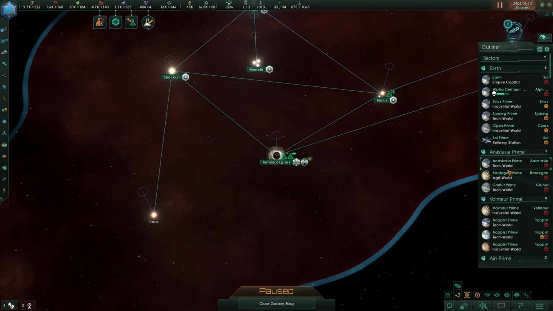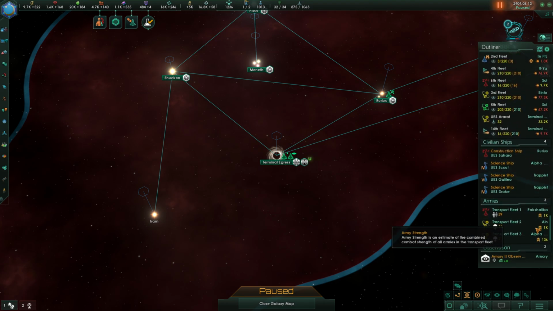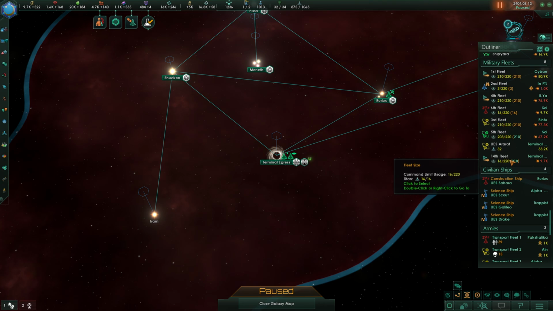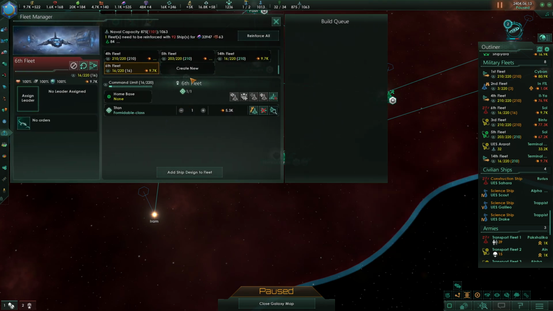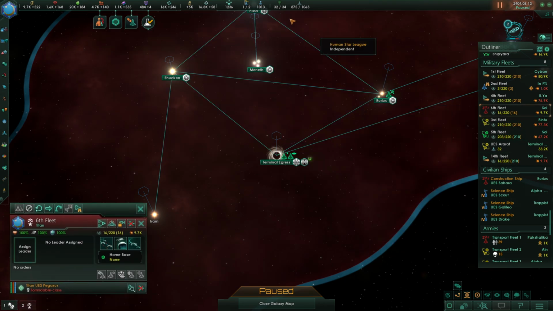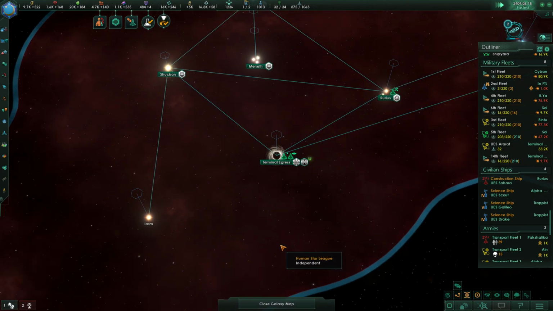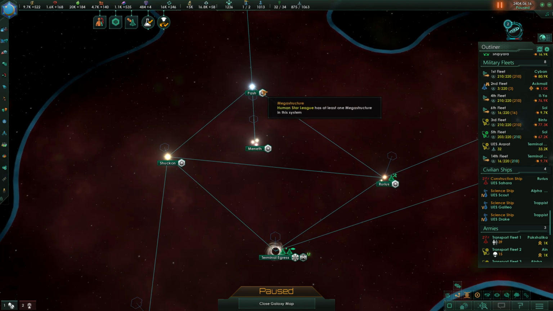I don't have it selected. Let's go to the 16th fleet. That would help. Apparently it's not in here? The 6th fleet. Okay, I had the wrong one. Fantastic. We're going to enter orbit up over here. We're not going to get that going anytime soon. So,